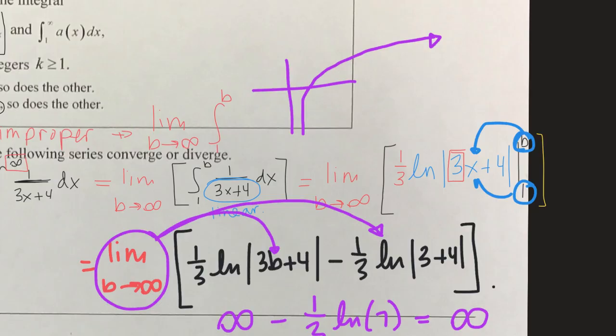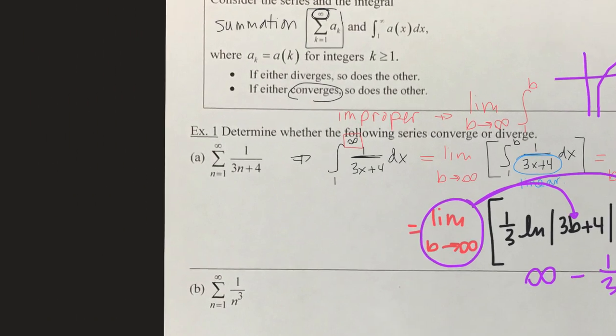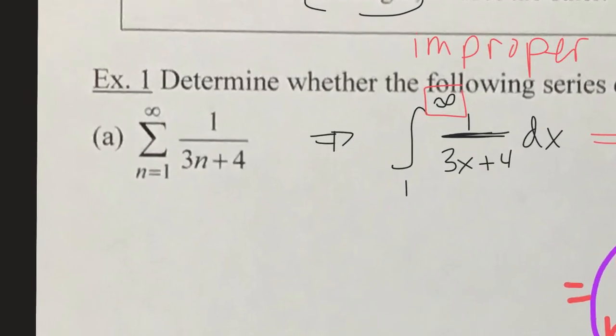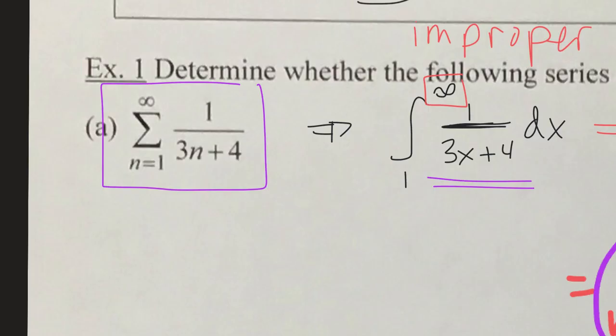Okay, so let's go back over here, right? We did all that work so that we can now compare it to our series. So, does your series converge or diverge? Well, what happened to your integral? Did it converge to a number or diverge to infinity? This one diverged because it had a limit of infinity, which means this one also diverges